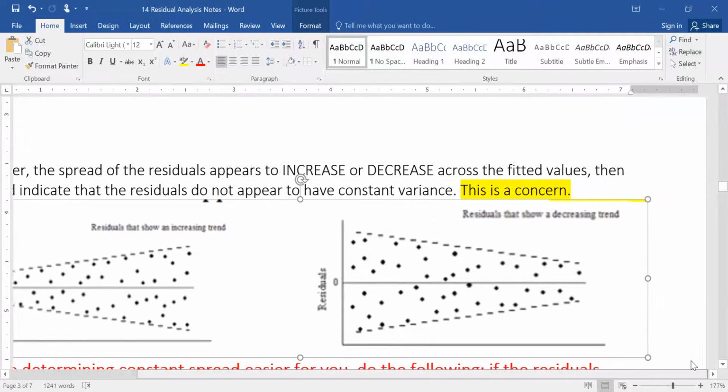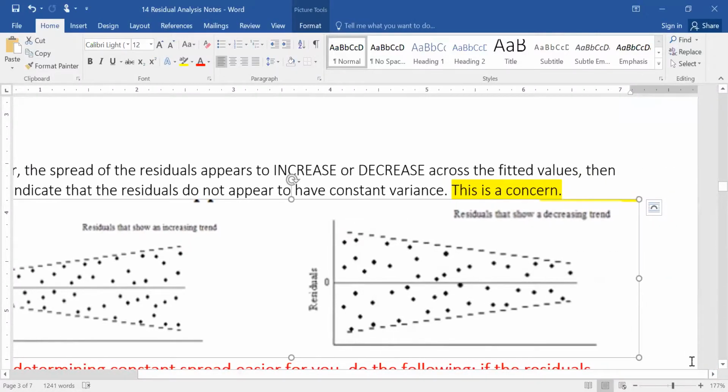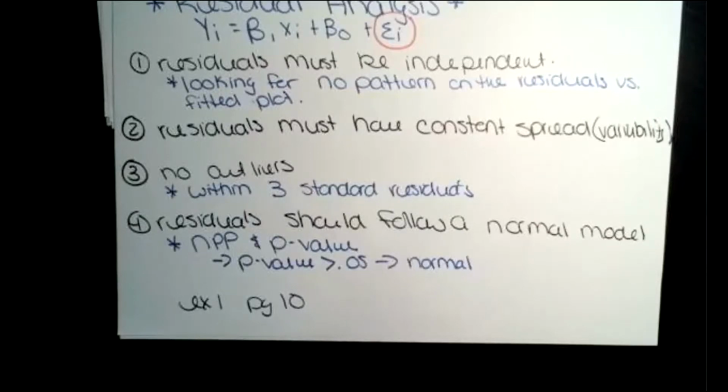So these are what you do not want. So look at this one on the right. So you have a larger variability, larger spread on the left, and then it goes down and gets closer to that middle line of 0 on the right. You do not want that. So that's what I'm talking about when I am asking about a constant spread. So you want them to be all over the place and pretty constant when you're looking for that. Okay, so I just wanted to show you guys that. I give you the plot on today's daily, and then I just ask you